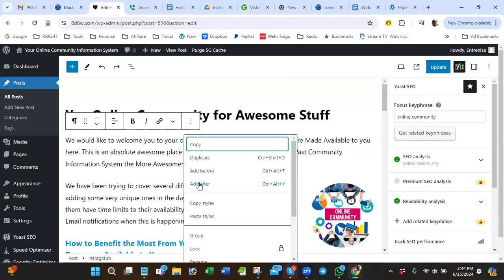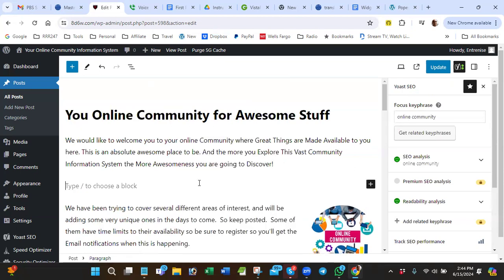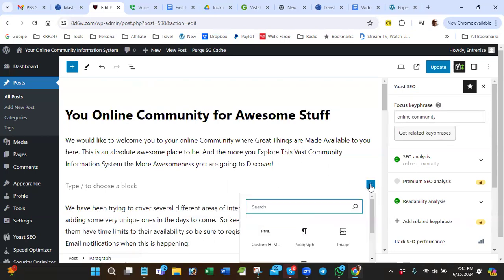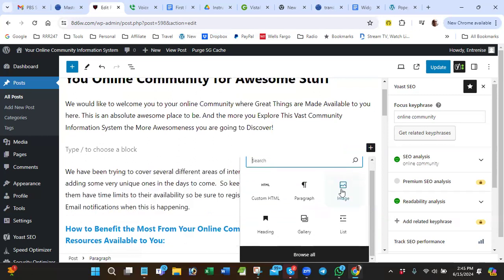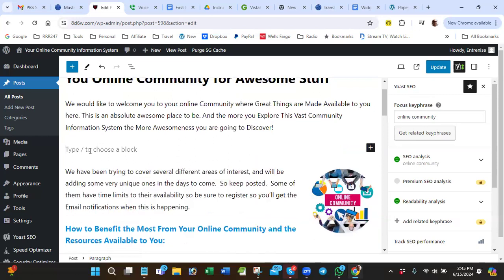And you can just add after right here. And it's going to give you a new paragraph block. Okay, and you could change it. You could transform it by clicking this plus and say, oh, I didn't want a paragraph block. I actually wanted a heading, but I'm going to use paragraph block. So now I can read his words, right? And we would like to welcome you to our online community where great things are made available to you here. Okay, so I'd say, something like,